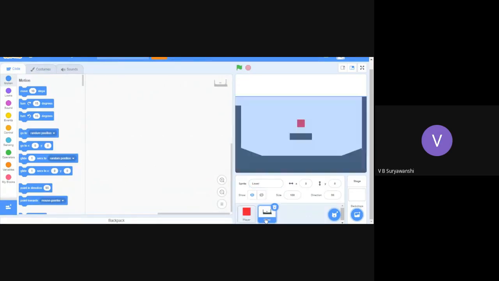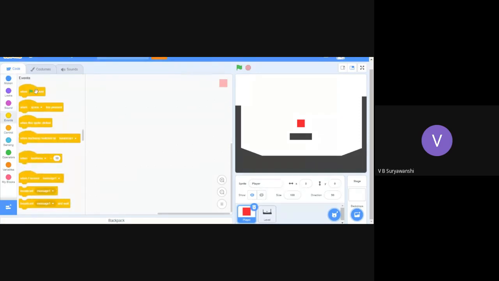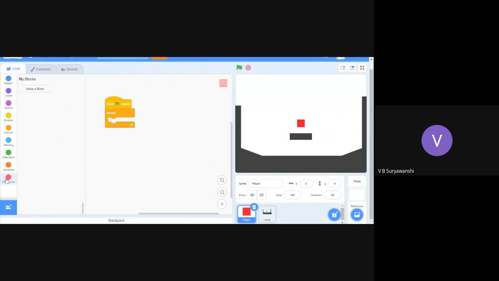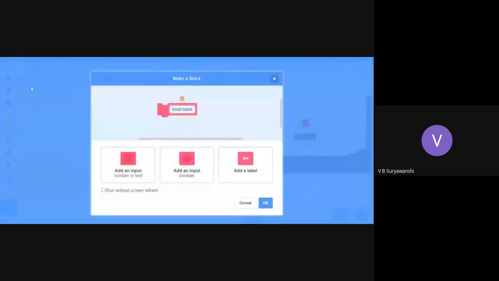Our level is not going to have to do much for the whole game. So we'll go in our player, and we'll go in events and take a when flag clicked, then a forever loop. And then we're going to make a block. Now this block will help with all of our lag issues that we'll get if we put all of our code in the forever loop. And we'll call it platform physics,